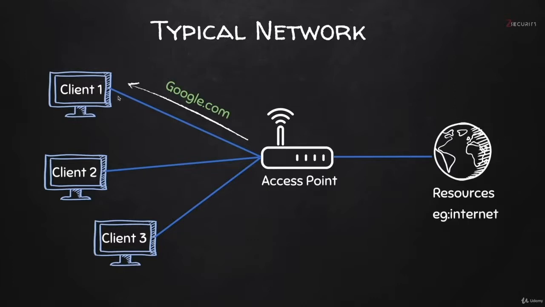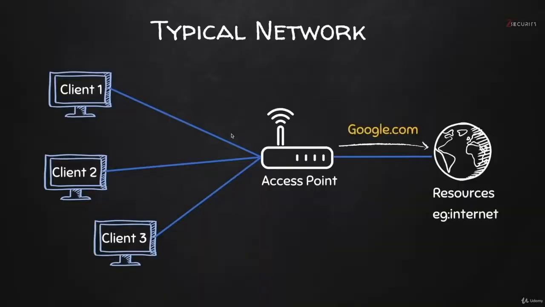Now the data is transferred between the clients and the access point as packets. So you can think of all of these arrows as a series of packets being transmitted between the client and the router as requests and responses. Now in Wi-Fi networks, these packets are transmitted in the air. Therefore, if you have a wireless card and you're within range, you'll be able to capture all of these requests and responses. So basically, you'll be able to see anything that any computer connected to the same network as you